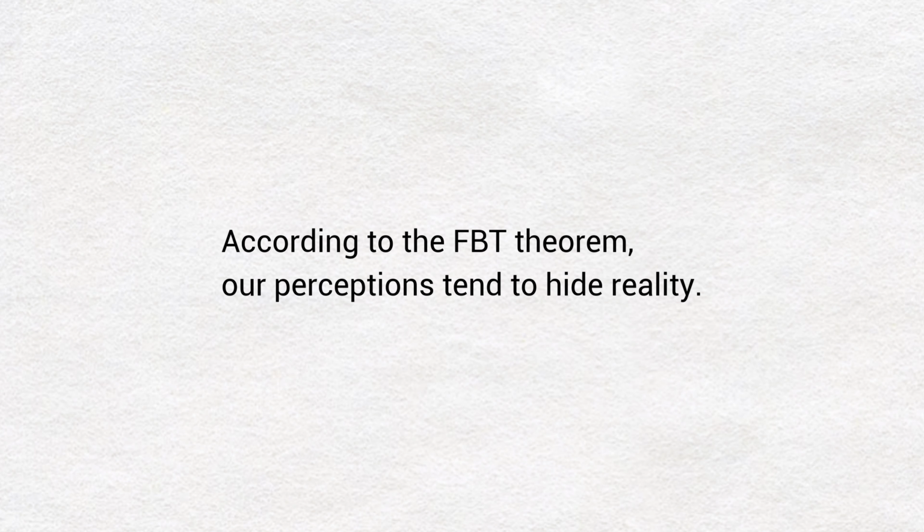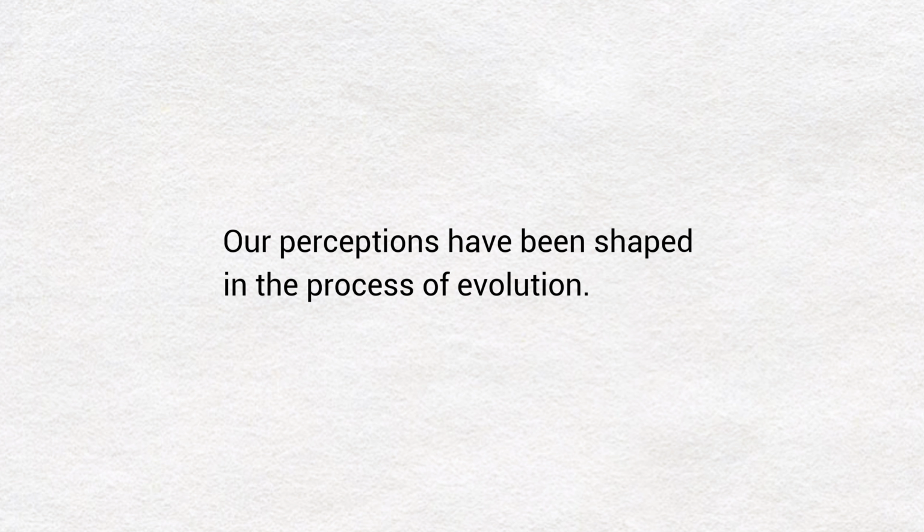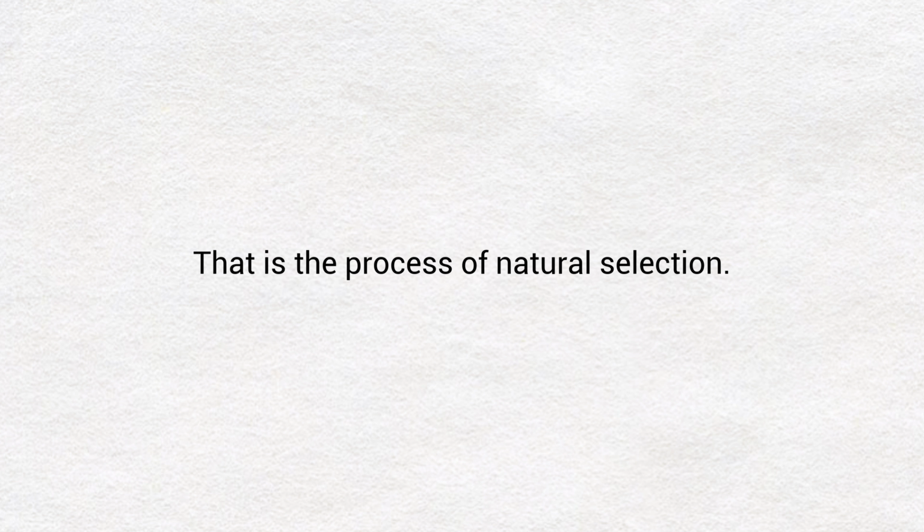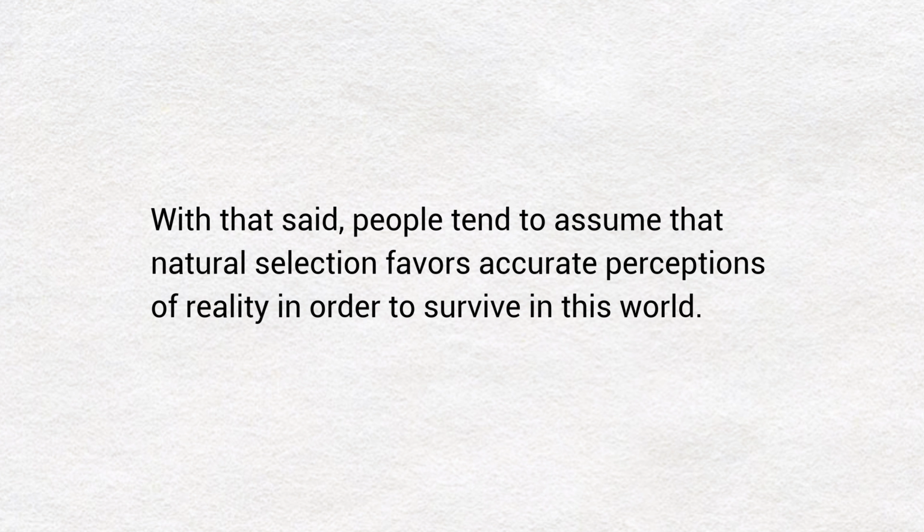According to the FBT theorem, our perceptions tend to hide reality. It can be explained in the following way. Our perceptions have been shaped in the process of evolution, that is, the process of natural selection. With that said, people tend to assume that natural selection favors accurate perceptions of reality in order to survive in